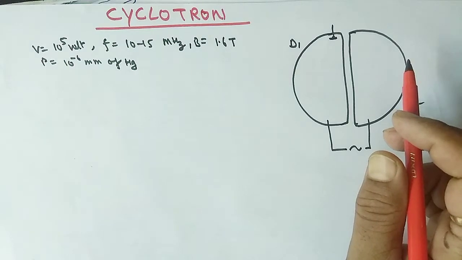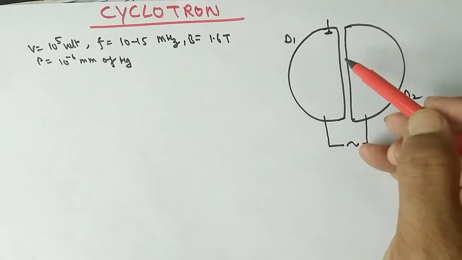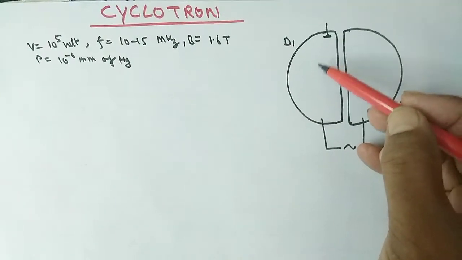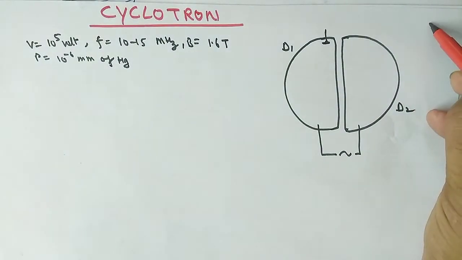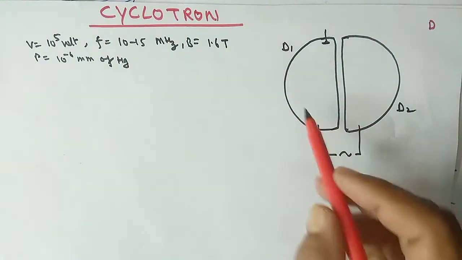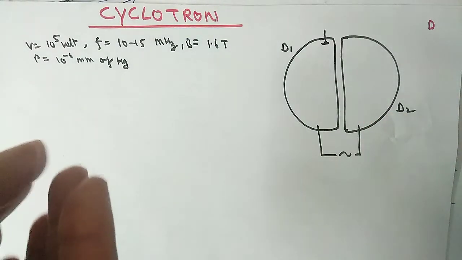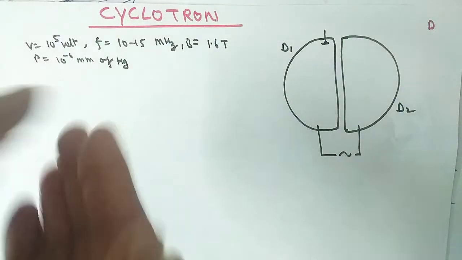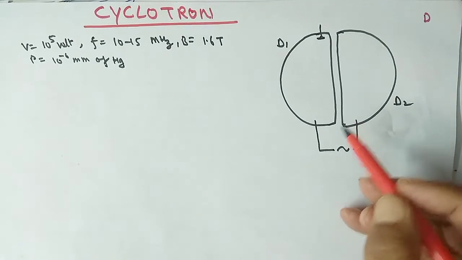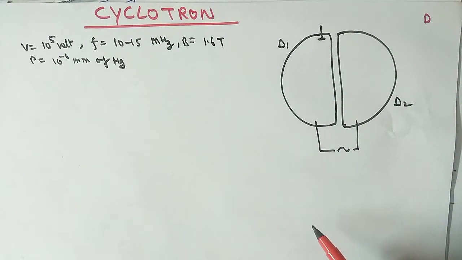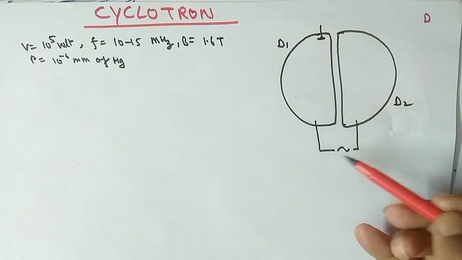Now first of all, see what its construction is. This device has two D's, D1 and D2. D shapes. They are hollow from inside. Clear? And you should remember some specific values used in construction. A very high potential difference is applied,